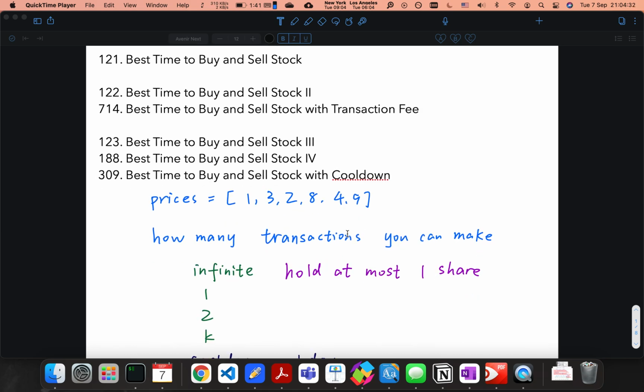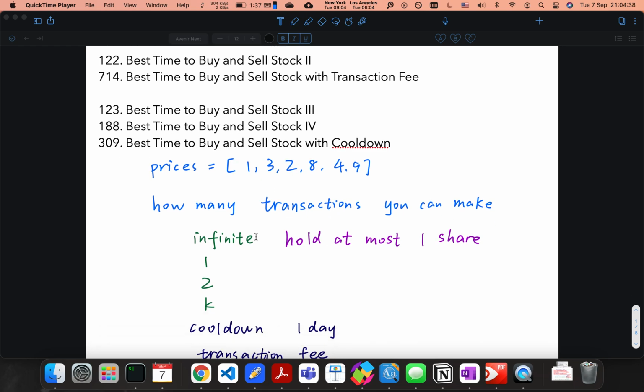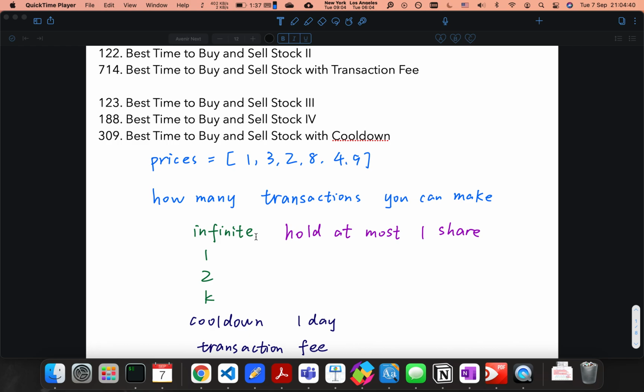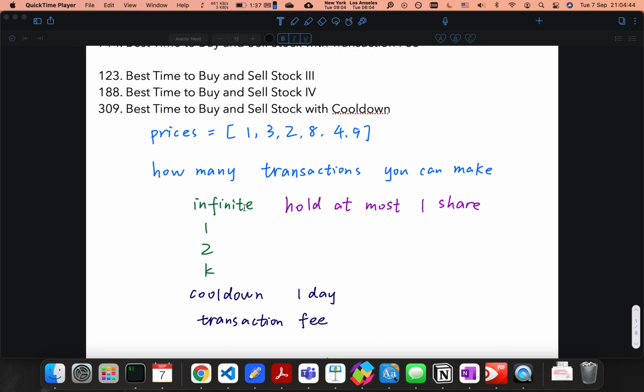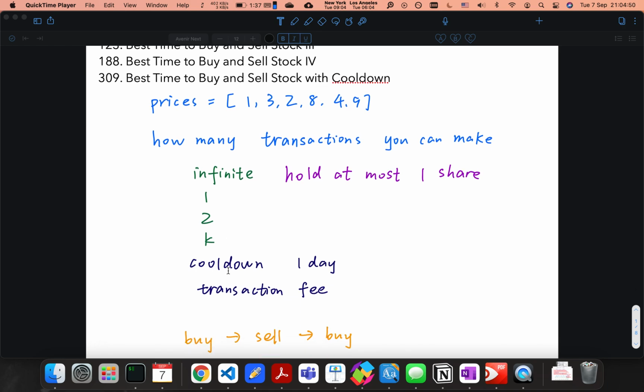Generally, the questions will give you an integer array that represents the price on each day, with different constraints such as how many transactions you can make: infinity, or 1, or at most 2, or at most k. We have 4 such questions. The other 2 have different